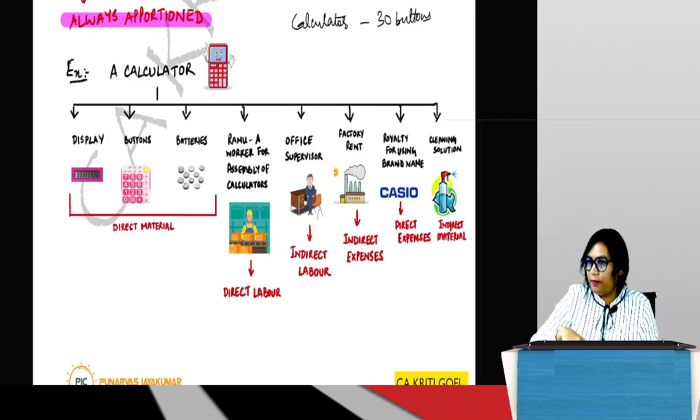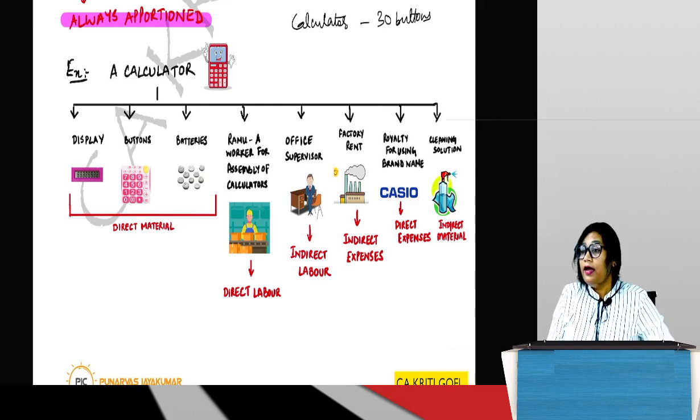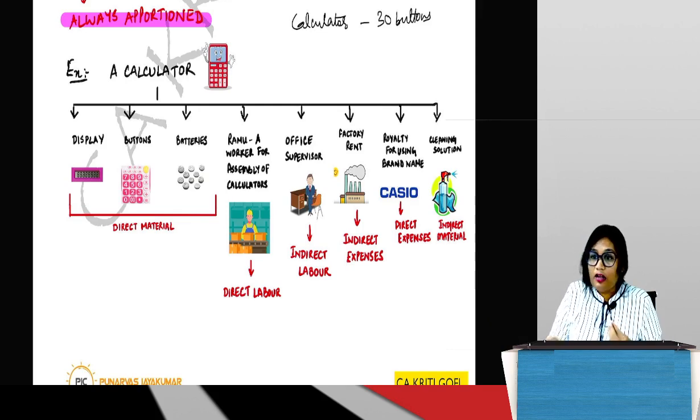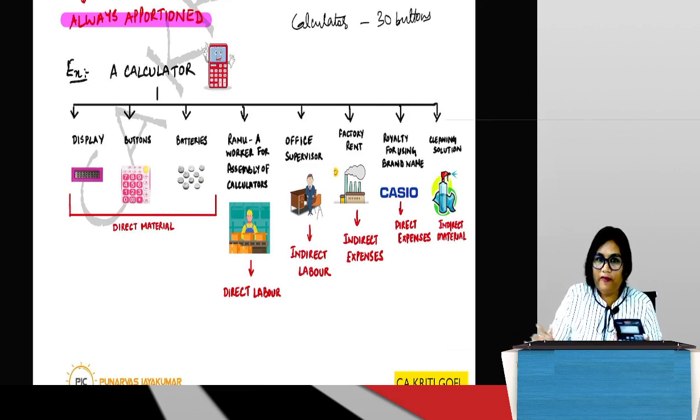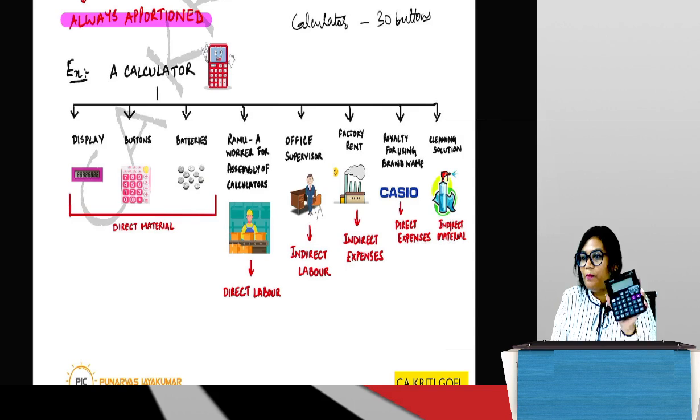Similarly, we have direct labor and indirect labor. Now guys, very simple. Direct labor are those workers who are manufacturing this product, who are actually sitting and manufacturing this product. Why? Because whatever they are being paid, they will be paid on the number of units manufactured or on the number of hours spent in manufacturing these units. Everything revolving around those workers will be based on what they have manufactured, correct?